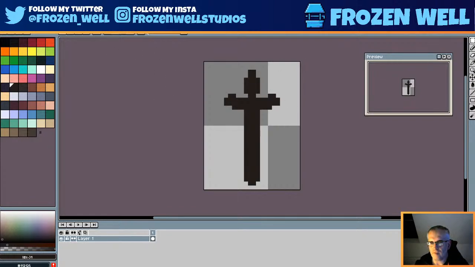I did have some reference images for these swords, so it's probably best if I get those open, if I can find where I actually saved my references for PureRef. No, I can't, so